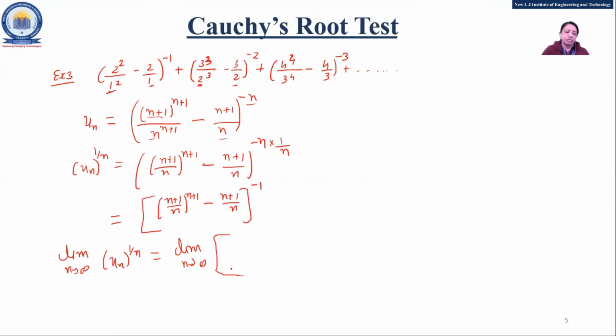So how are you supposed to do this? Anyone? Just do it. Take n common from here and this is going to be cancelled out. Same way take n common from here and it is supposed to be cancelled out. So just apply that. Just calculate it by yourself quickly. I'll unmute anyone, and others can write into the chat box.